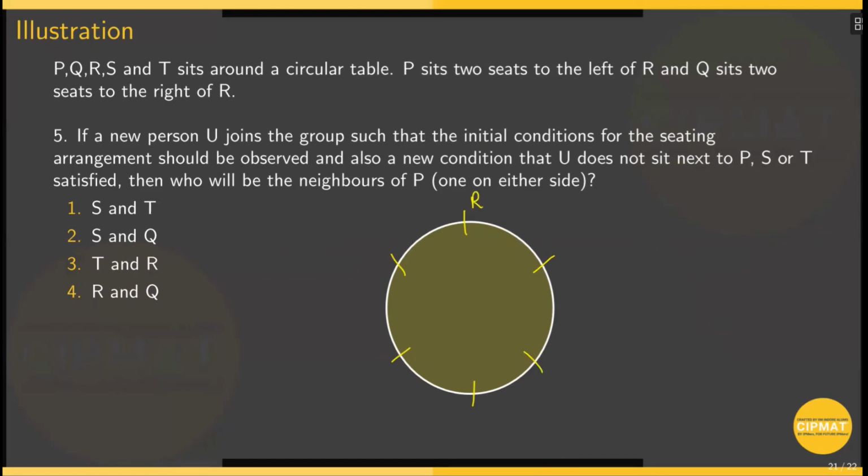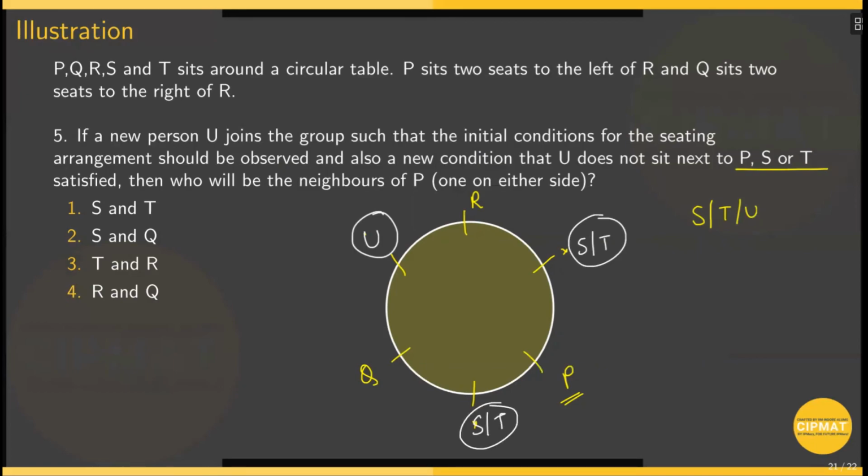And again, the initial conditions are observed. So if R is over here, then P is going to take this place and Q is going to take this place. And the other places are going to be taken up by S, T, or U. Now it is said that U does not sit next to P, S, or T. So U cannot take this place, U cannot take this place, because it cannot sit beside P. There is no restriction that you cannot sit beside Q or R. So U has to take this place over here. So U is going to take this place, and S or T are going to take this place and